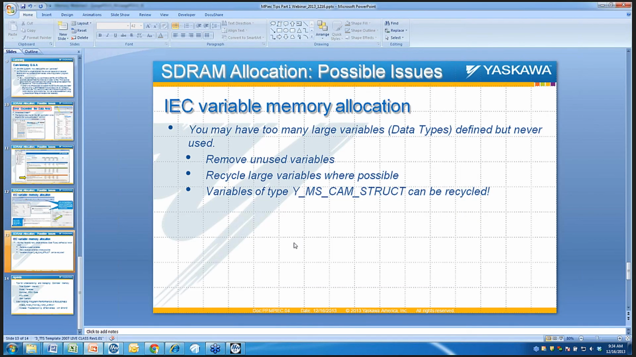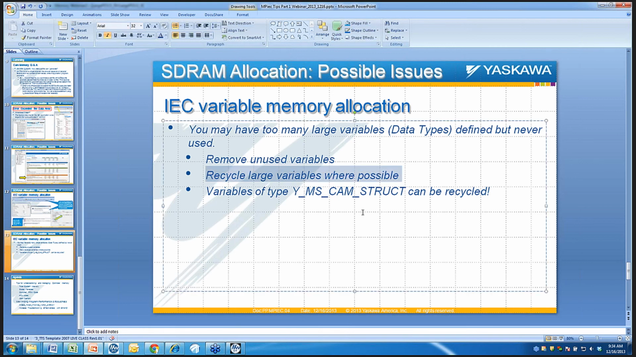And I think one of the best tips we can leave you with on this subject is to recycle large variables where possible. That's not always apparent that that's possible, but that is. And the best example of that is with these cam structs, YMS cam struct. We recently optimized some of our programs that we were doing for rotary knife applications. And let me show you the code where that's an easy